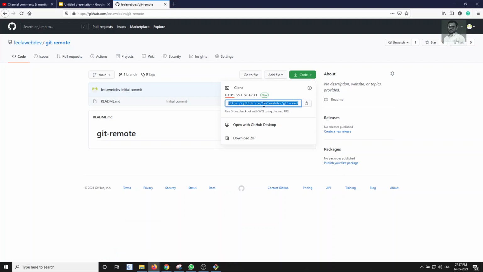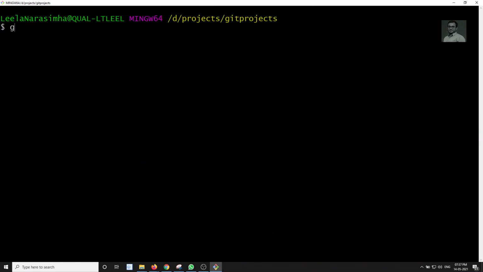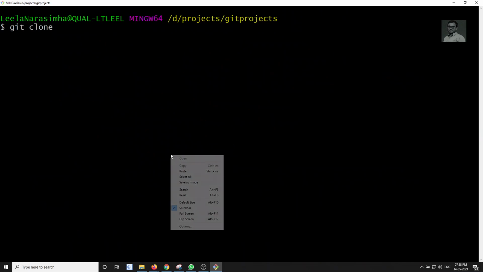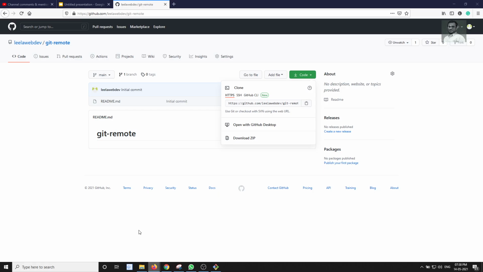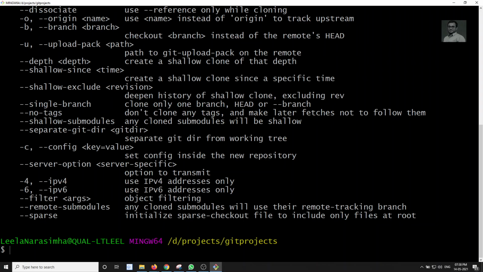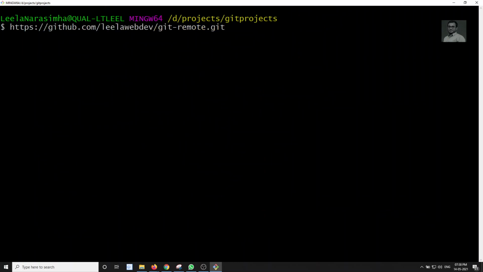Here is the URL. Let me copy it, and let me clear all this. Yeah, git clone, and I will paste it here. What happened? It's not copying. So I copied here. I will paste it again. Yeah, now we got it.